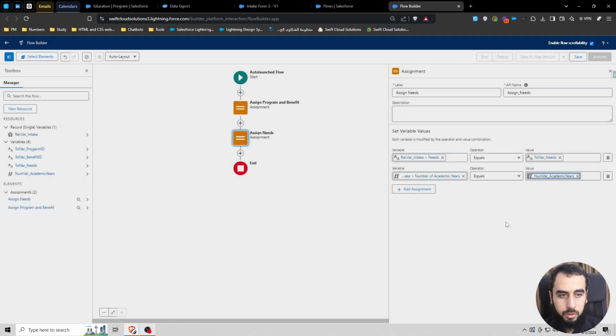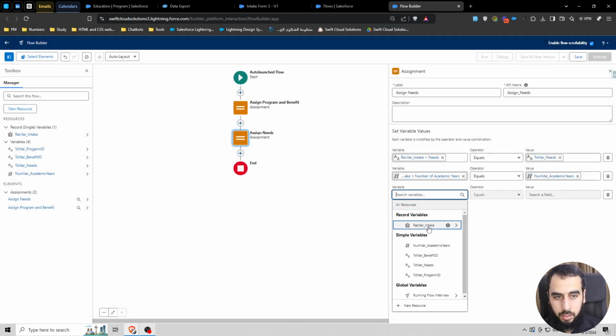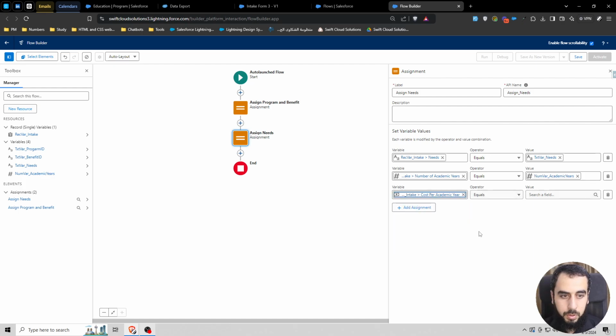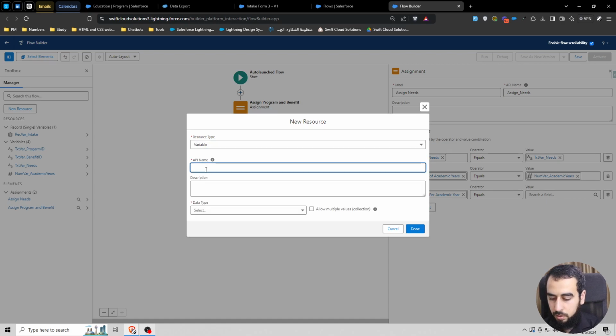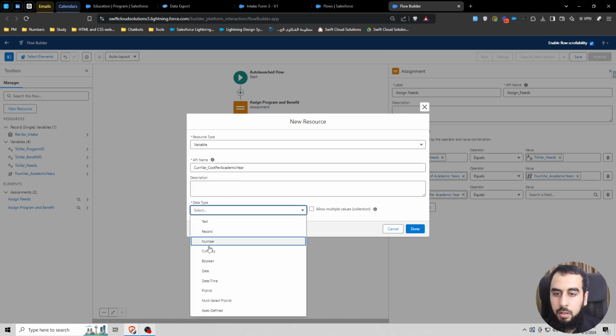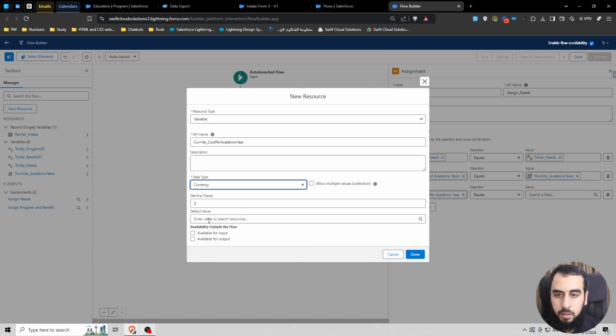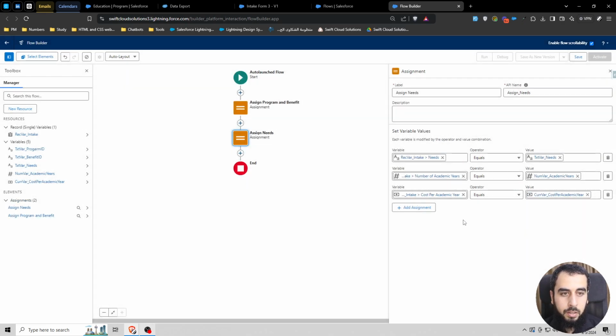It's available for input, and then the last thing is the cost per academic year, and that's a currency. Cost per academic year, and that's a currency, and available for input. Okay, now